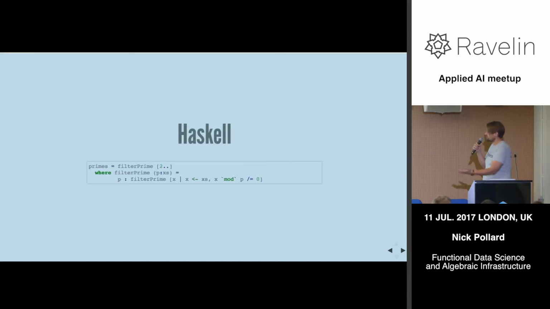So here's a very brief look at some Haskell in the wild. This is a very trivial function, but we'll hopefully explore a little bit of what's going on here. The key takeaway is that in many ways, it looks very mathematical. Again, we're defining functions, so we're not telling the computer what to do. We're not giving a list of imperative steps. We're defining some relations. So here we're saying that the prime numbers are every number from 2 onwards, filtered such that that number is not divisible by any of the previous ones. This is a really succinct, clear explanation of what that property is, without talking through, again, the actual steps that the machine is going to be executing when it calculates that for you.